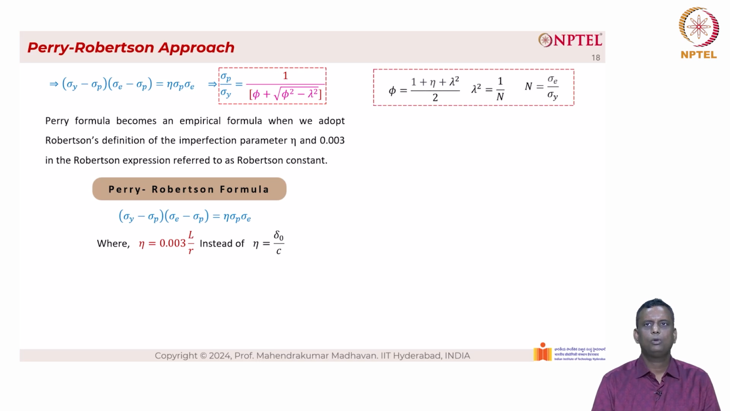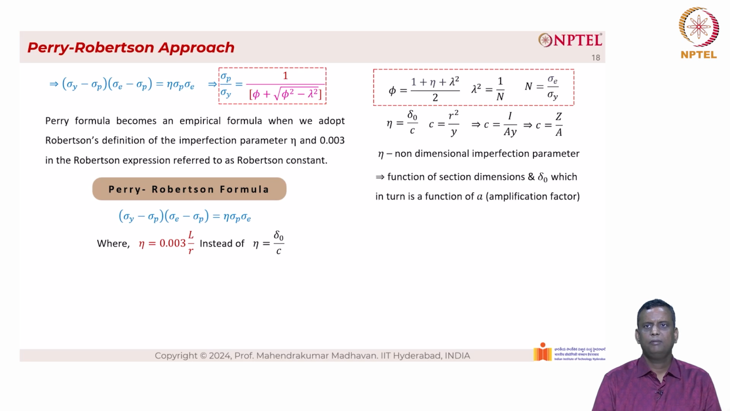So we have phi equal to 1 plus eta plus lambda square by 2. Lambda square is equal to 1 by n equal to sigma e by sigma y. The non-dimensionalized imperfection parameter eta equal to delta naught by C, where C equal to R square by y, which implies C equal to I by A into y because R square equal to I by A. And we also know that I by y equal to the section modulus Z, so C equal to Z by A. Here, eta is the non-dimensional imperfection parameter, which is a function of section dimensions, as well as delta naught,